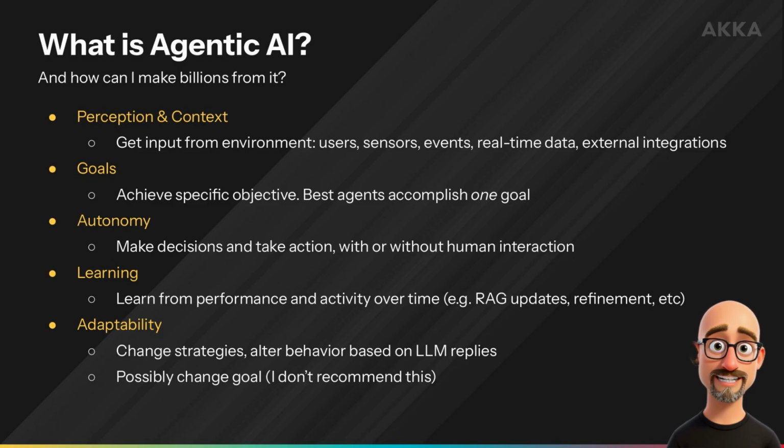So, let's get into a bit of detail on the components that make up the new buzzwords of agentic AI. The thing that makes agents so powerful is context. Agents receive context from the environment, things like users, sensors, events, data streams, and integrations. Agents are goal-oriented. Usually you'll see agents with fairly narrow goals, and then some orchestrating supervisor is responsible for weaving multiple agents together to perform complex tasks.